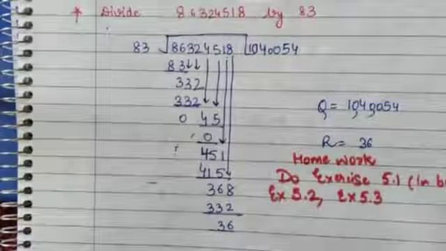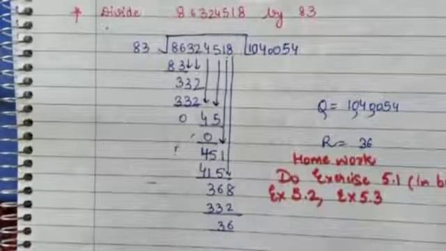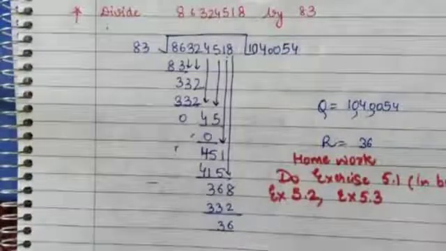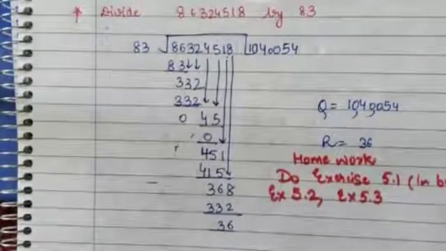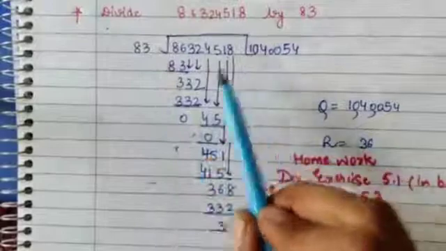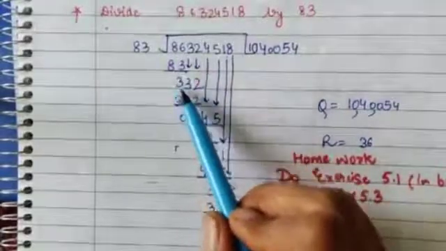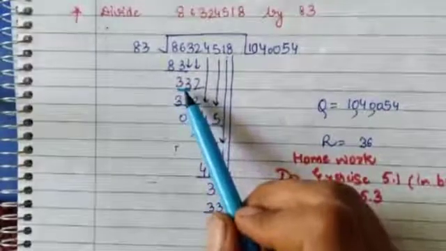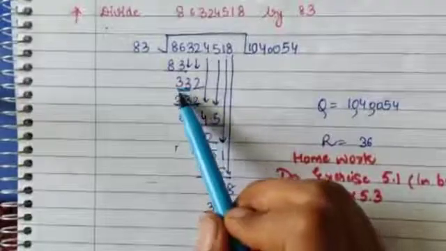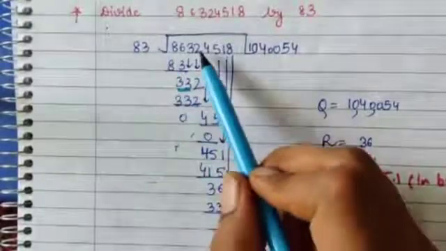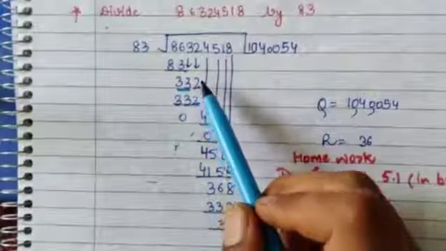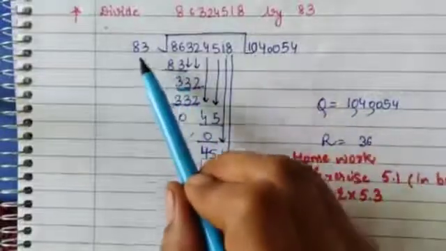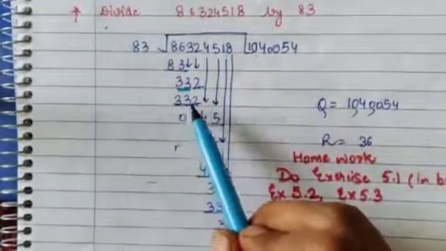Next we have to divide 8 crore 63 lakh 24,518 by 83. Now children, you cannot learn all the tables. You have to do the multiplication with the division also. Fine. Now 83 into 1 is 83. 6 minus 3, 3. Now 3 comes down, but it is not possible because 33 is less than 83. So one more digit will come down. So the two digits are coming down together. So put 0 here. 83 into 4 is 332.